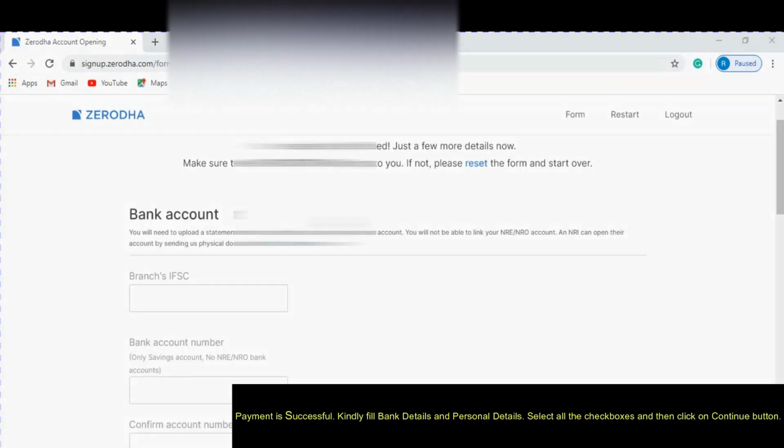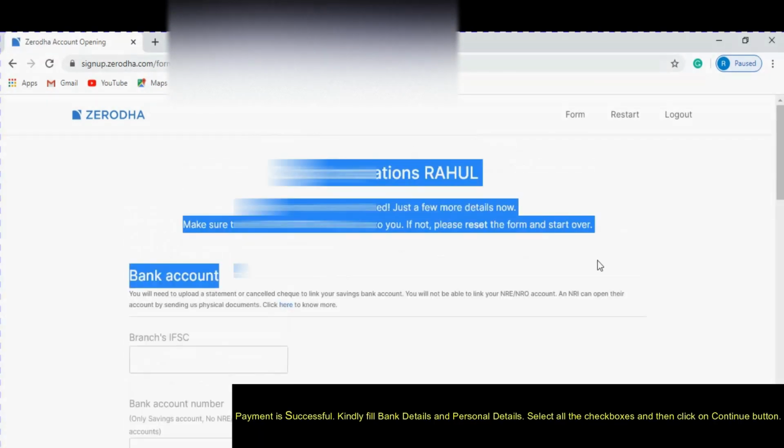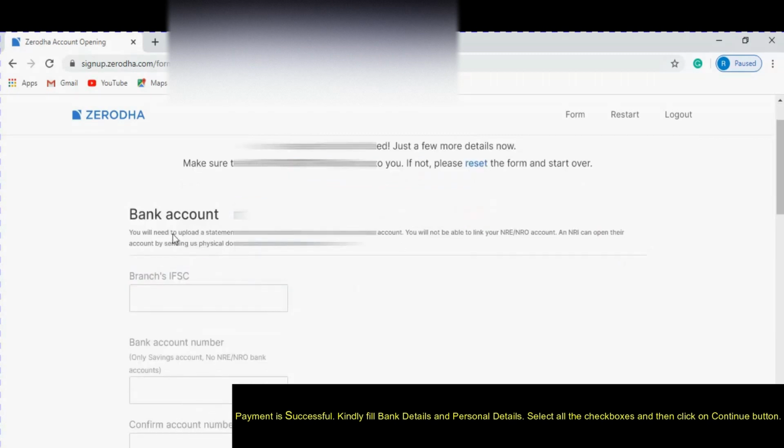I got this message, congratulations Rahul. Now on this page we will enter the bank details like bank account number, bank IFSC and all.